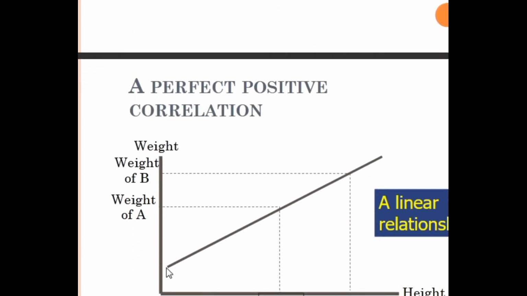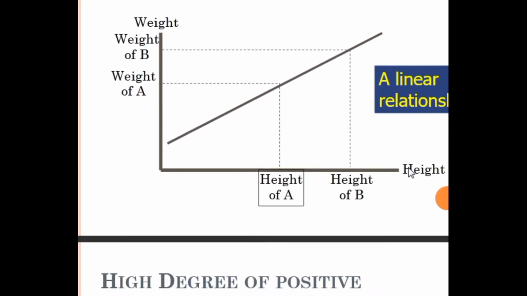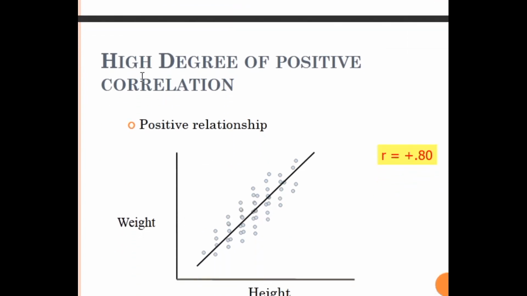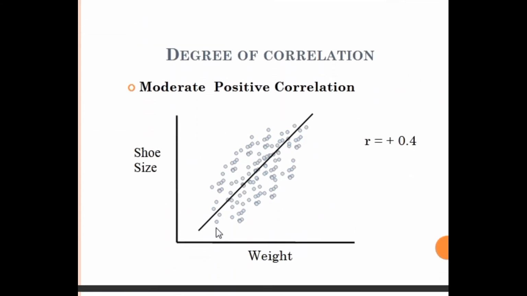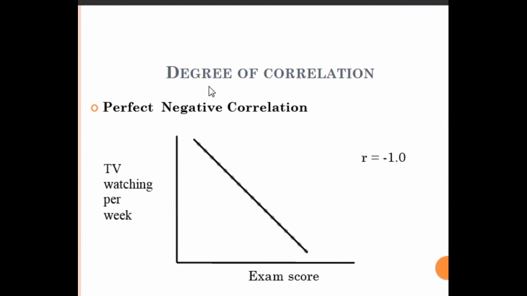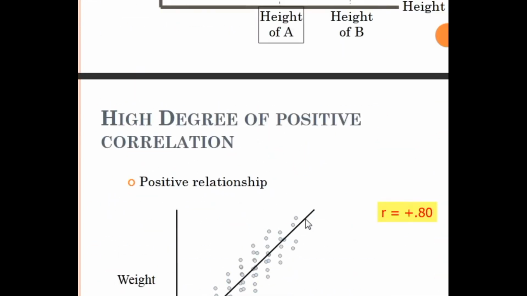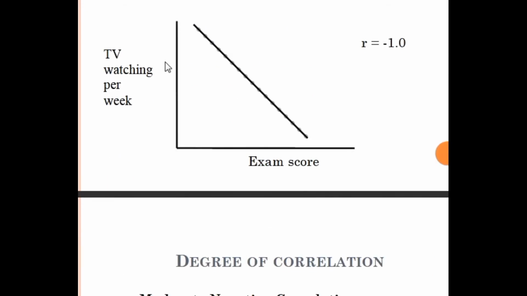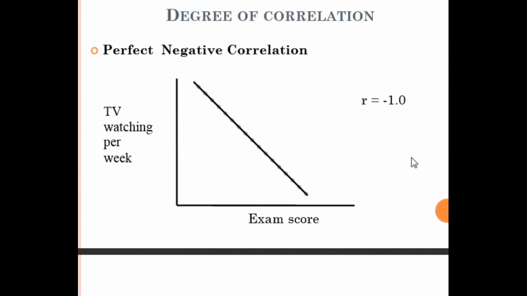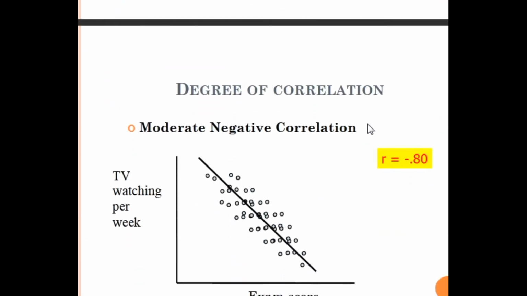See here now. This was a perfect correlation if it is like this. This was high degree, as I said, 0.8, high degree positive correlation. Next moderate degree, see the plots are more scattered, 0.4. And perfect negative is the opposite side now. Perfect positive means what? Downward to upward. Now negative means what? Upward to downward comes the slope, then it is called a negative correlation, that is minus 1.